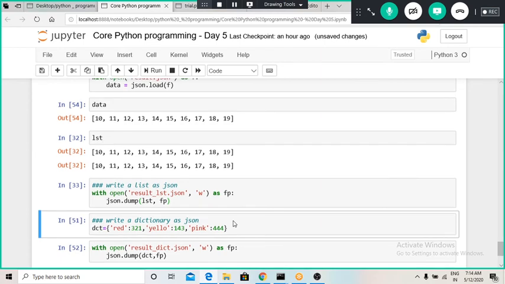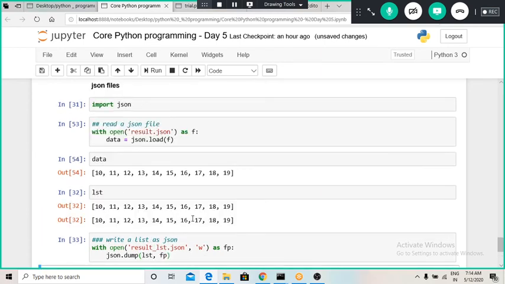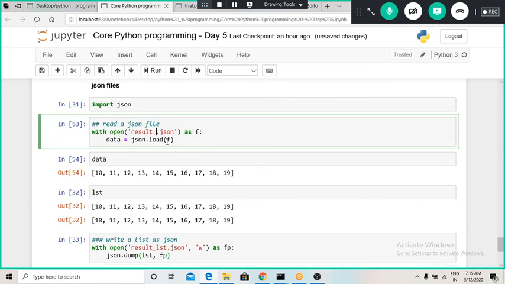Now, if I wanted to import that file or read that file back, for that we can use the same way, but we have to make sure that we give proper names. We can use the with open command, then the result file that I wanted to import, then in parenthesis I can use r for reading, and then I can use it as fp, for file path.